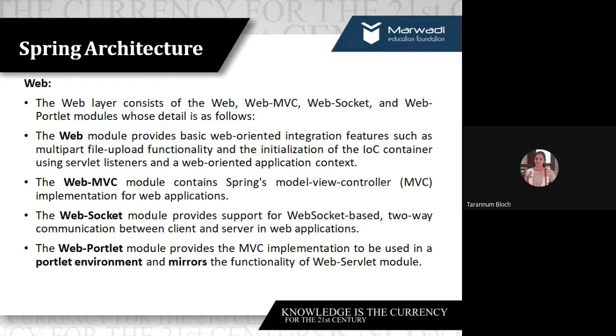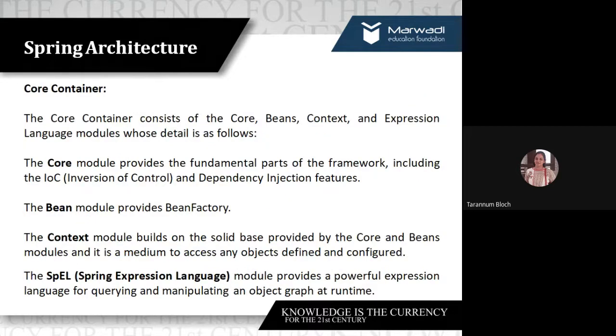So this was your web module. Along with that, we have core module also. So in the core container, we have core modules which supports the first one, core, bean, context, and Spring expression language. Spring expression language. So you can see over here, core is a module which provides the fundamental part of the Spring framework. And when I say fundamental part of the Spring framework, basically, as I said in the last lecture also, that Spring focuses on loose coupling. Loose coupling means whatever objects you have in your application, it will have less dependencies among that, right?